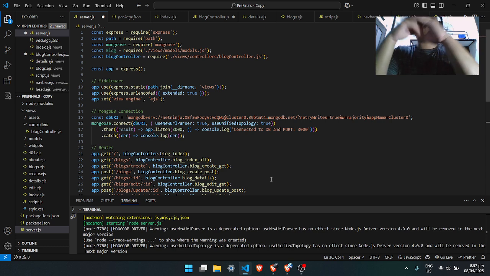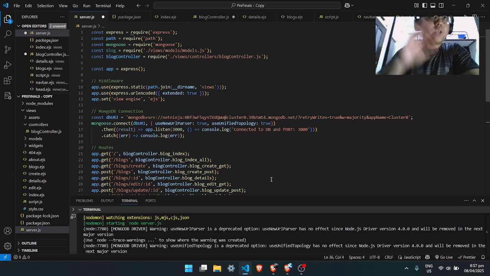Next, we const up Express, connecting Express. Now for the middleware, I use Path to connect the static files, which is my CSS, to my localhost. Then we have app.use, which allows me to use post and all those methods to actually use those functionalities. I also use the view engine EJS to connect everything.